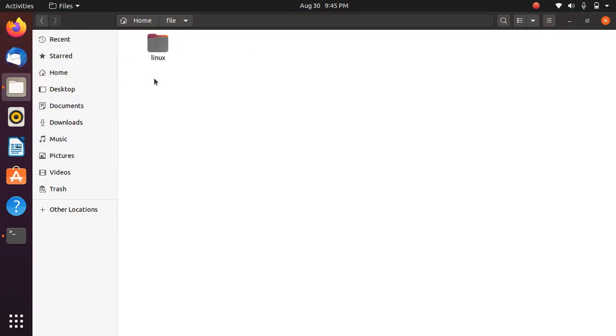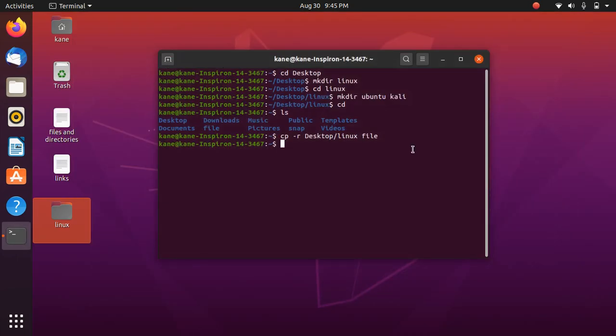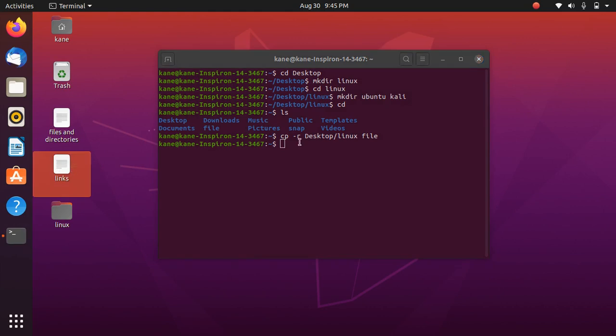As you can see, the linux folder is copied successfully inside the folder named file. So in this way you can copy one folder into another folder. Now suppose I want to copy links inside the file folder.